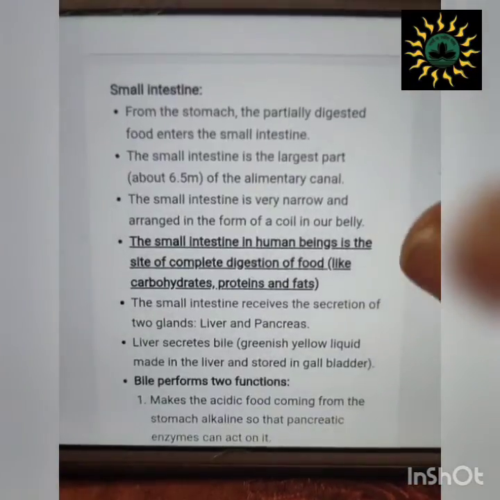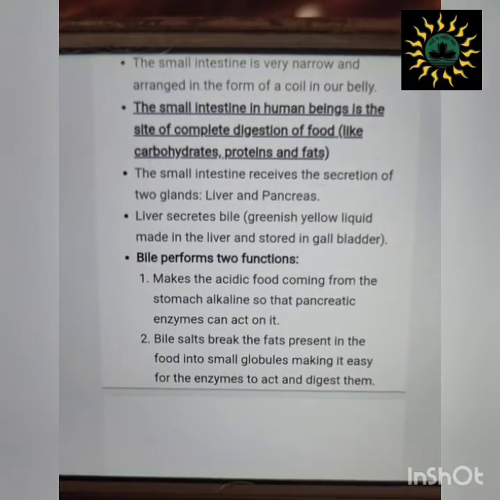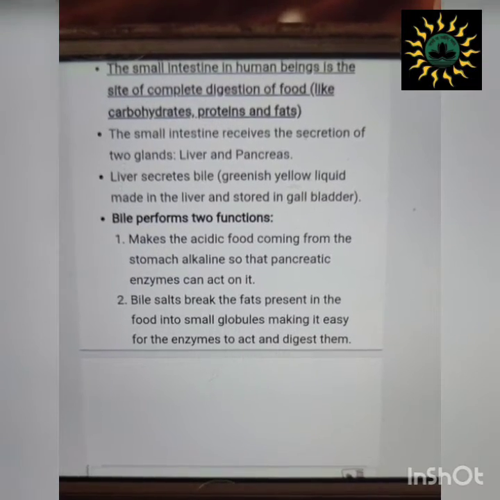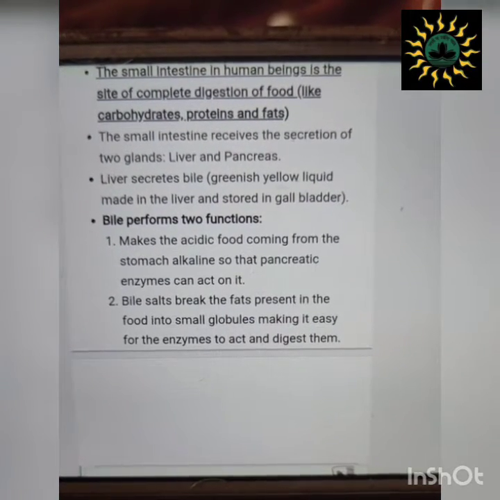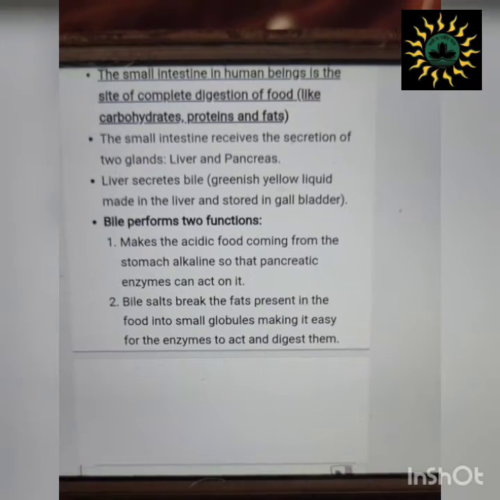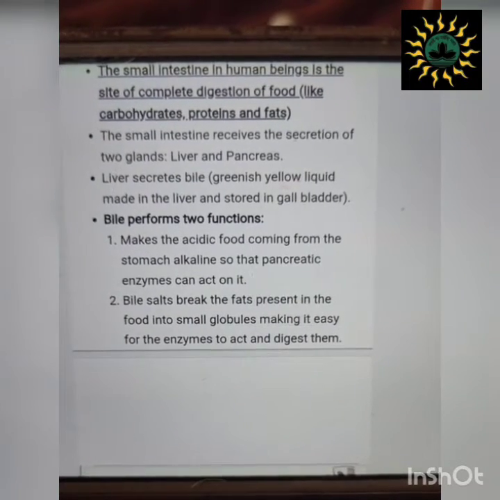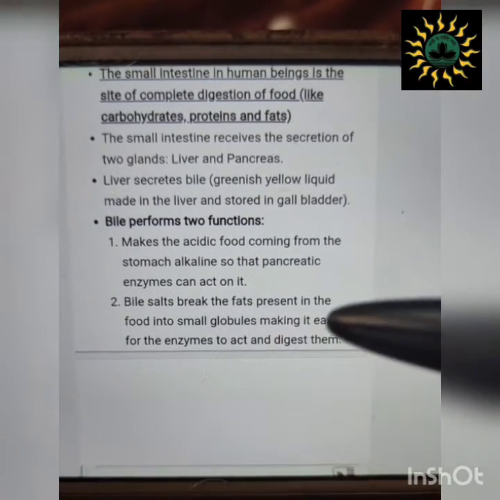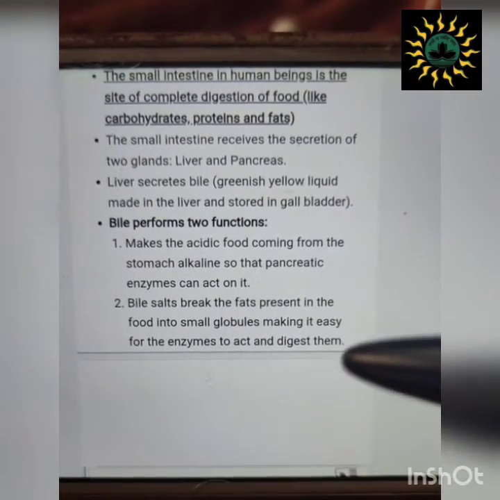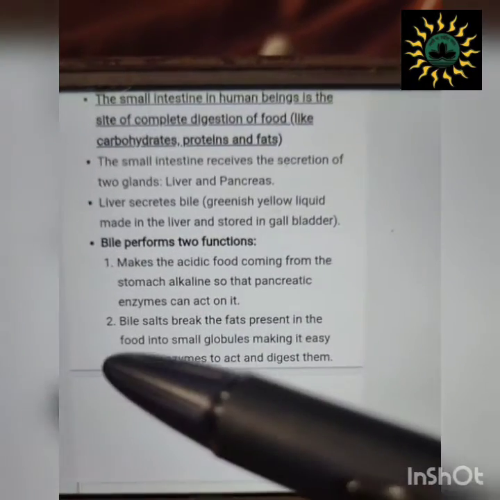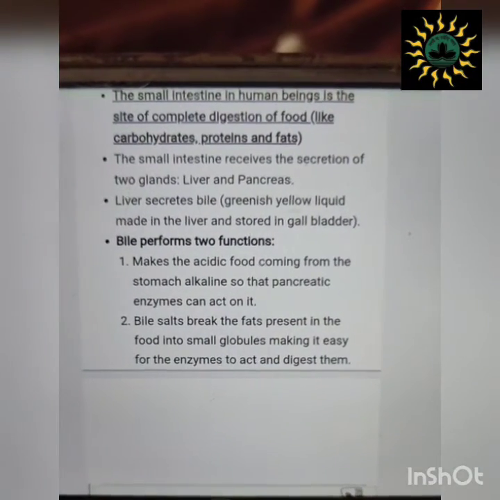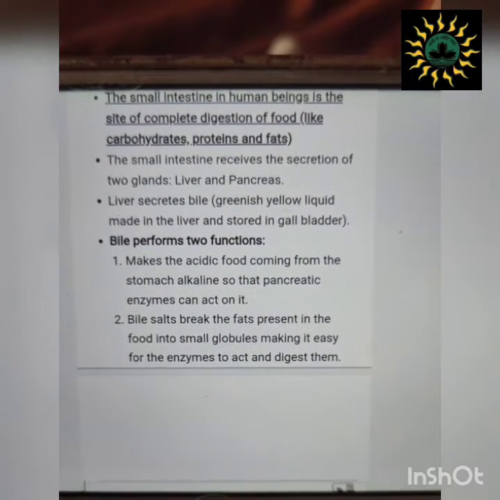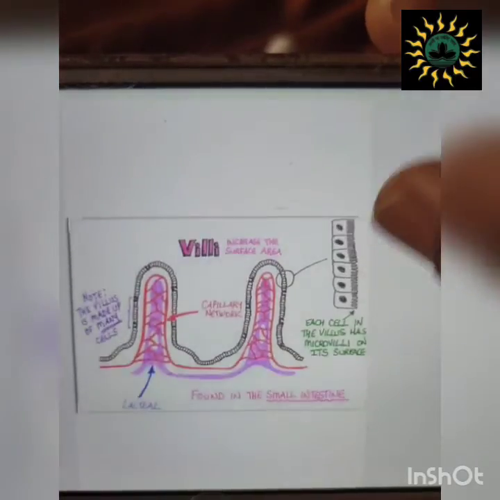Okay, now what does the bile do? Now firstly, I have already told you the food that is there is acidic now, right? So it has to be neutralized or else it will burn the whole alimentary system. So what will it do? The bile gives an alkaline medium wherein the food is basically neutralized, and also bile helps to break down fat particles and make them into small globules, and this process is known as emulsification of fat.